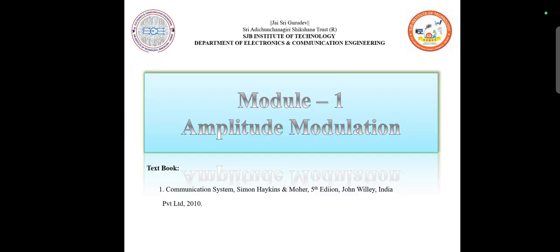So coming to the first module, which speaks about the amplitude modulation, the best book that we can refer to this is Communication Systems by Simon Haykin and Moher, 5th edition, John Wiley India Private Limited, 2010 edition. Okay,